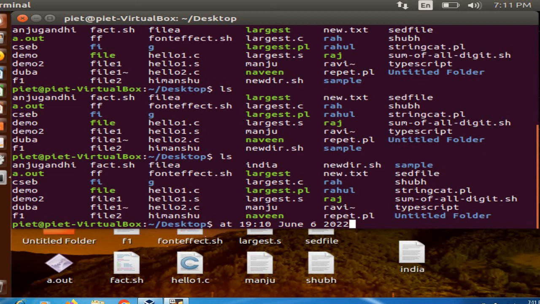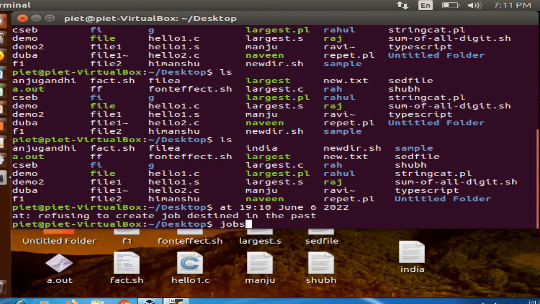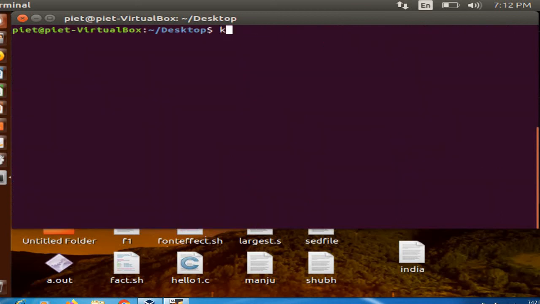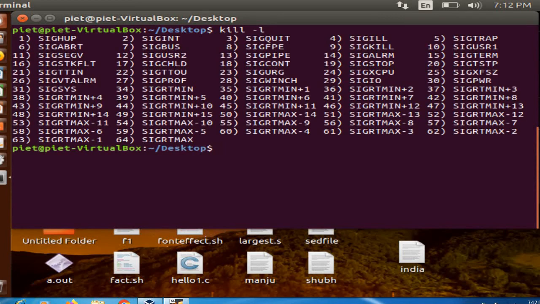Okay, the other command we will discuss here is the kill command. Now with the help of the jobs command, currently no jobs are available. The kill command can be used to terminate running processes and daemons. It can eliminate lots of processes in combination with the ps command. Now with the help of the kill command, you have to use -l. We first clear the screen here. Now kill is used with the -l option to see the different options available.